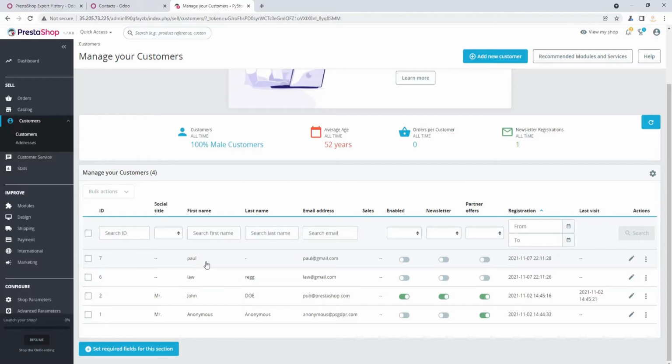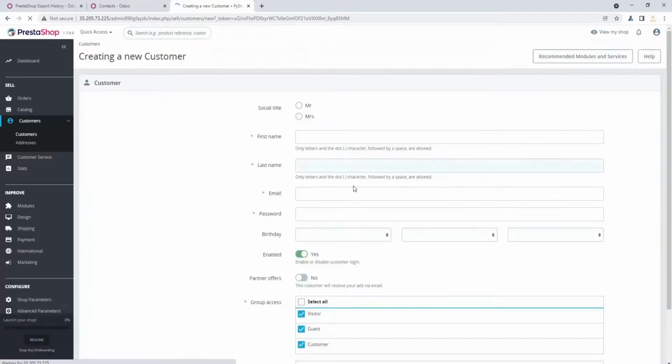Now we will add a new customer that will be imported into Odoo. I just click on add new customer and fill in some random values.